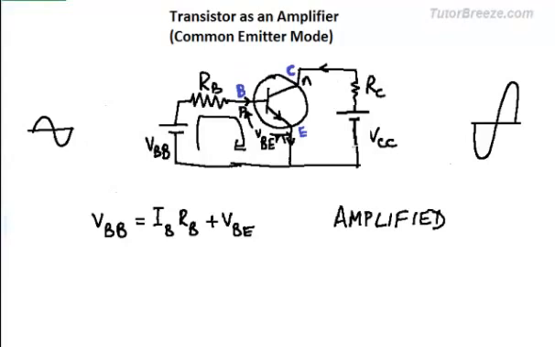Now let's take a look at the output circuit. Over here we can write the voltage. You have VCE, which is this potential difference between these two points. This is C and this is E. So VCE is this potential difference between these two points. Again, applying Kirchhoff's rule, you can write this as VCC minus IC RC. Just notice that these two expressions are not exactly alike, so that you don't get confused when you are using these two equations.